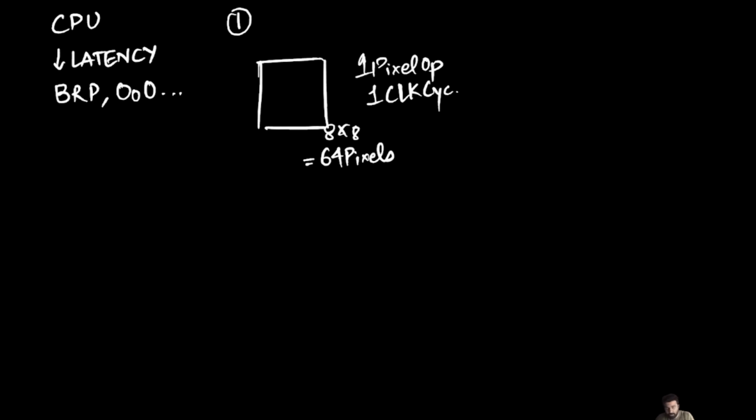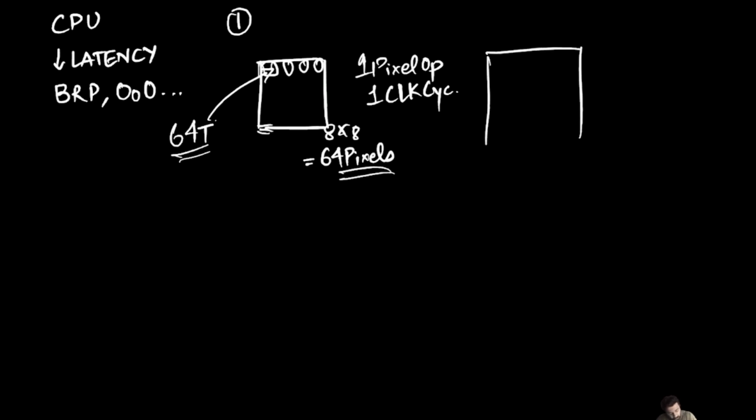Let's say that our CPU has 64 threads. This mapping is really simple, right? You can easily assume that all of this happens in a single clock cycle because you have 64 threads and 64 pixels. Every thread can just literally map to every single pixel independently, and that pixel operation will be taken care of. Now, modern day frames are of the order,